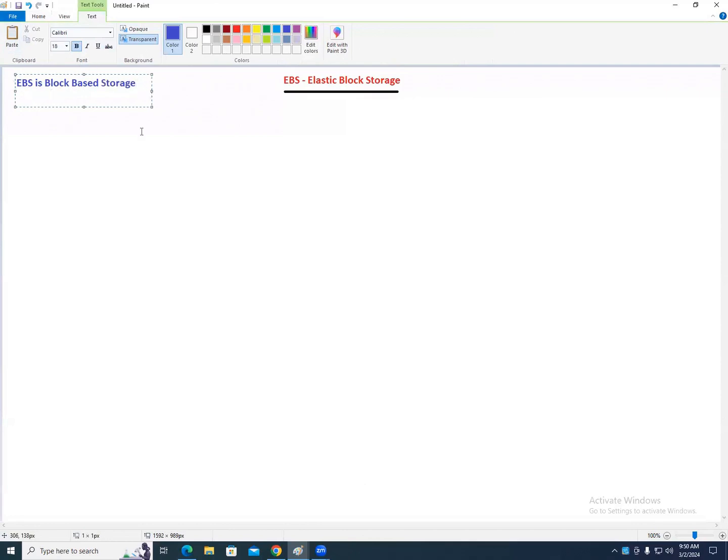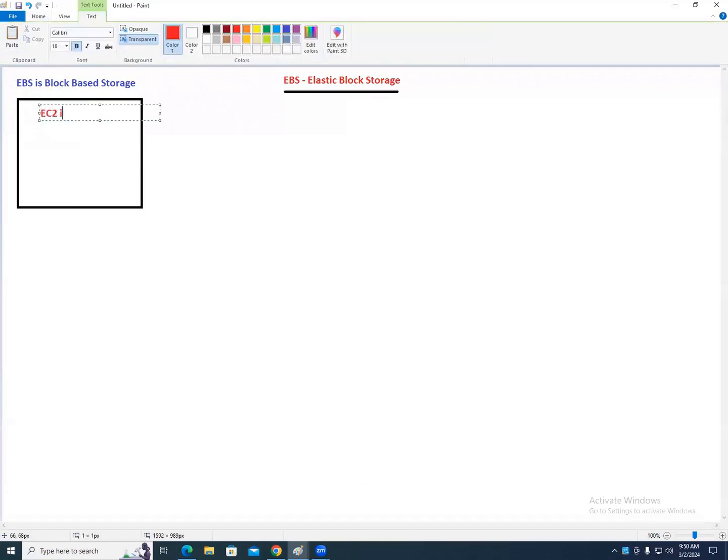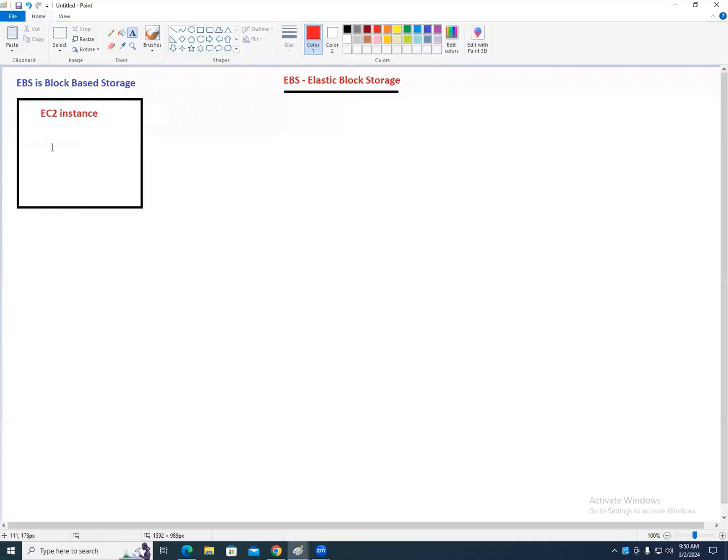I'll tell you one real time thing here. I went and launched one EC2 instance. This is the EC2 instance. For your laptop, you have a hard disk.